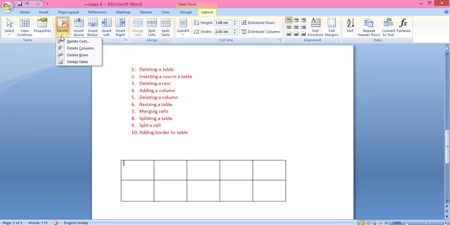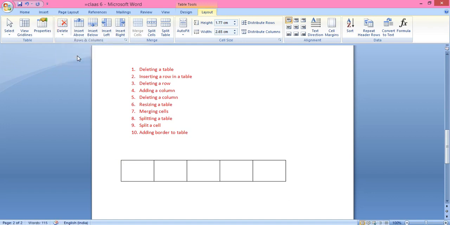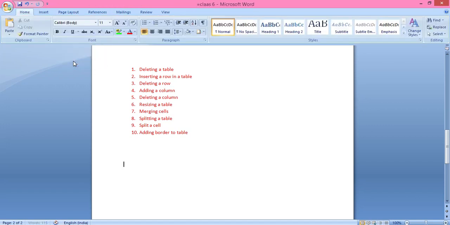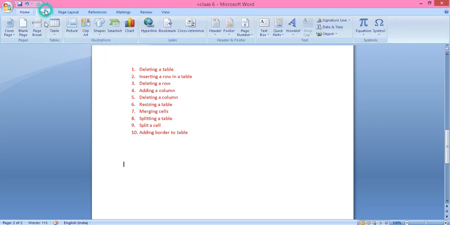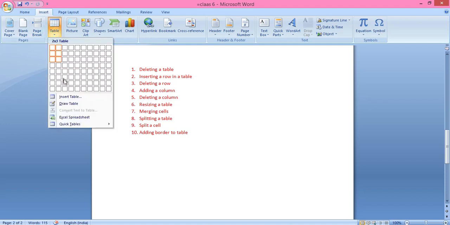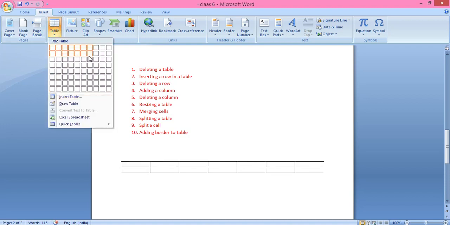When you click on Delete, 4 options will come: delete cell, delete column, delete rows, delete table. If you want to delete a row, I have written here R1 and I want to delete this row. Click on Delete Rows. Now you can see that row 1 has been deleted. Now if you want to delete the whole table, click on Delete Table.